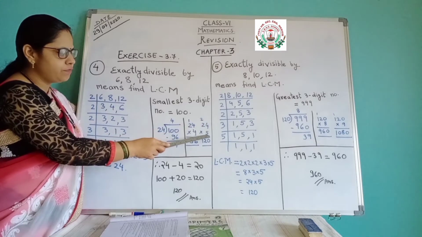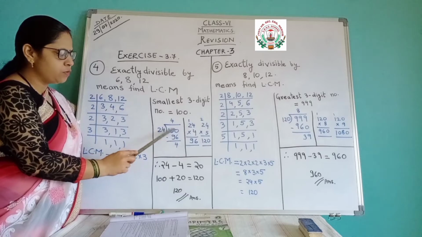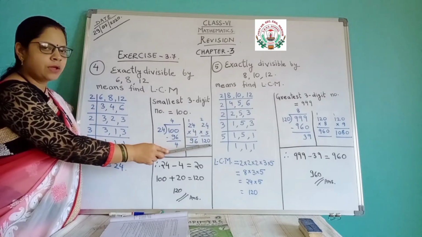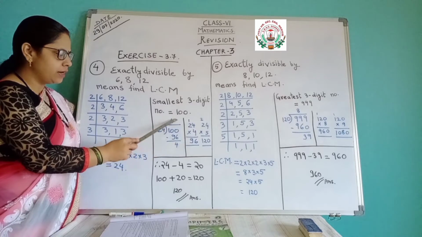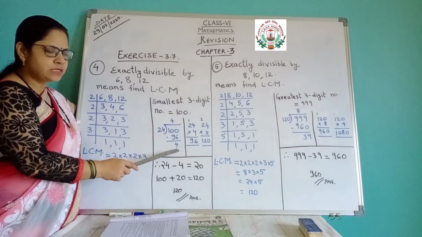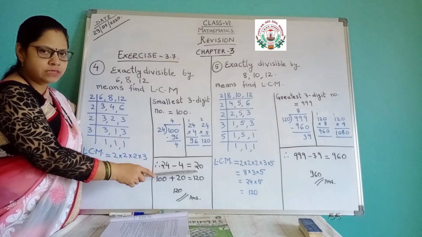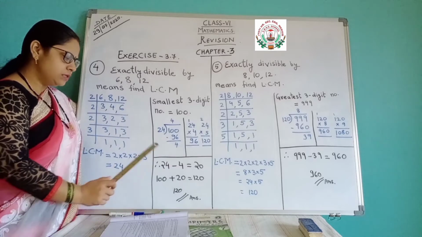That is 24 into 5. When you do into 5, it is coming 120, which is more than that. So 120 you cannot take, 96 we are taking. When you are taking 96, you are getting 4 as the remainder. So from this 24 you will subtract 4, which means 20 only is remaining. So 120 is the answer. This is one way.